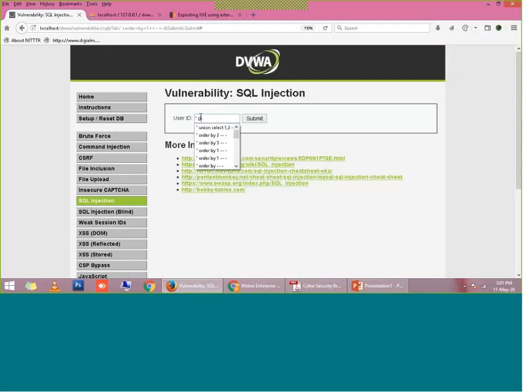So I will write here order by 2. With order by 2, it is also not giving an error. It means there are 2 columns and we can order the query by any of these columns. When I write order by 3 and click submit, it is giving an error.